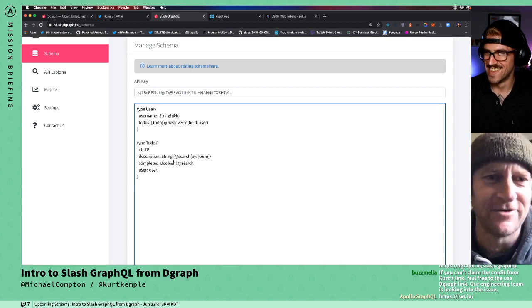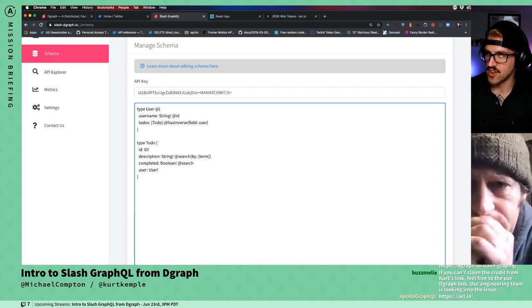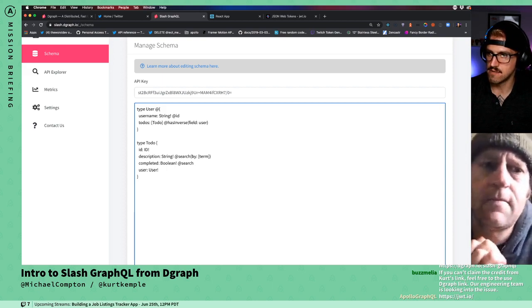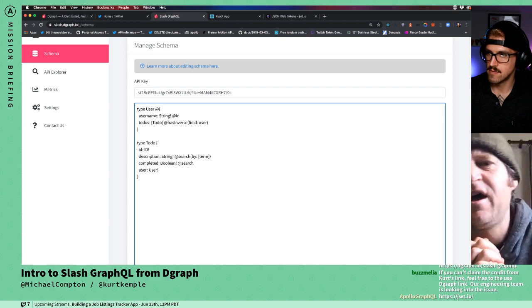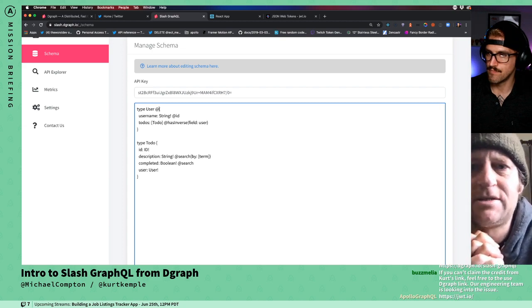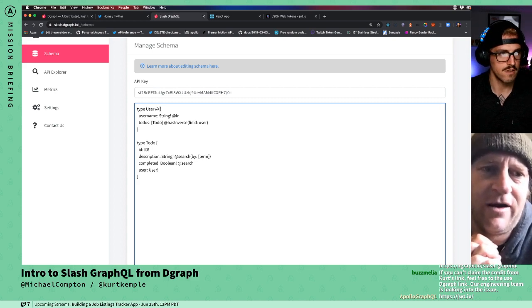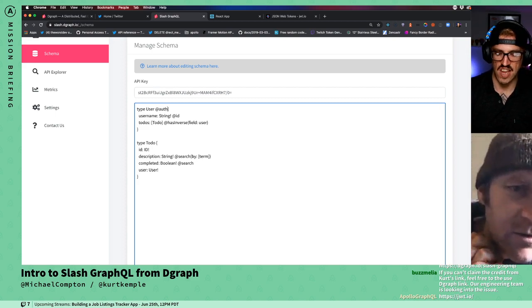So there's a directive which is auth. So it's @auth. Quick question. Could I do this in VS Code and then just copy it in? Yeah, but it's still not the best experience. I reckon we'll do it right here. But I was just asking if that's like,